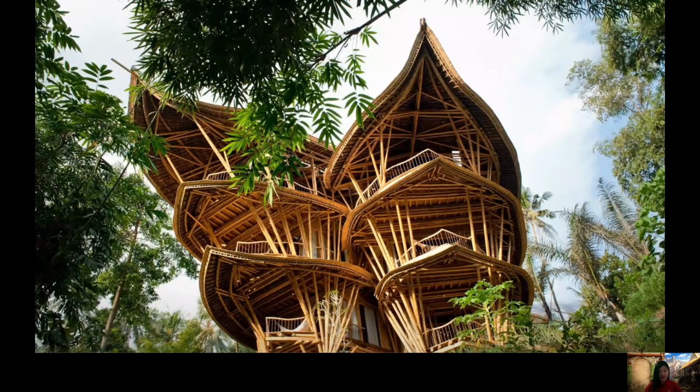Yes, great. And what is this house made of? Sam? Yeah, it looks like it's made of wood. What kind of wood or material is this? Joanna? Yes, it is made of bamboo. Great,